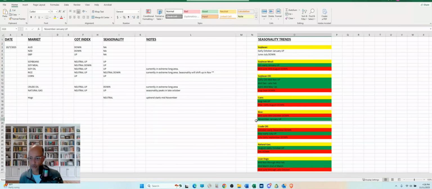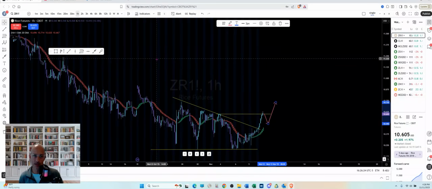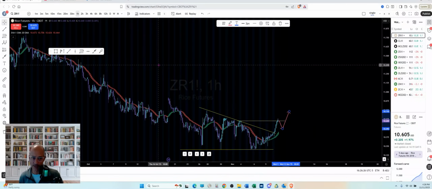Now through January, seasonality-wise, we should be experiencing higher prices. Okay, so that's a quick summary on rice, and also just using this Heiken Ashi Smooth. Now, you don't need the indicator. It's a nice little guide to help you find